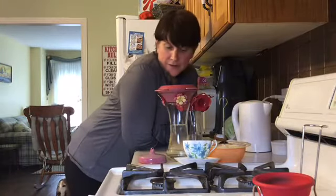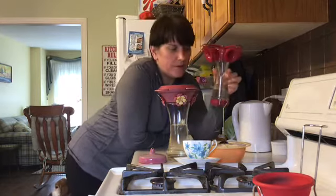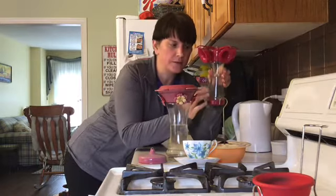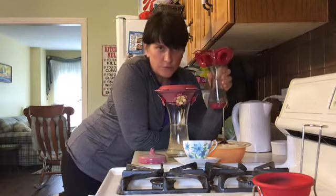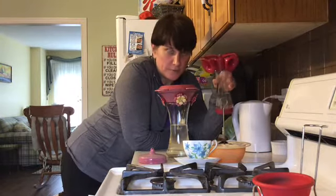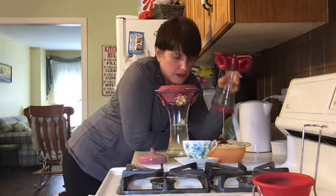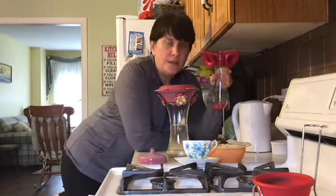Okay guys, so our nectar is nice and cool, and I have filled my feeders. Now you'll see this is upside down. Obviously I don't want to turn it until I'm ready to hang it back on the tree so that the nectar is flowing into the little receptacles here, but I don't like to fill them real full. Number one, if it's early in the season particularly and you don't have the volume of birds drinking the nectar, then it's just going to go bad in a few days and you're going to find yourself dumping it out needlessly. So I made a 4-cup batch and just stretched that between all my feeders,